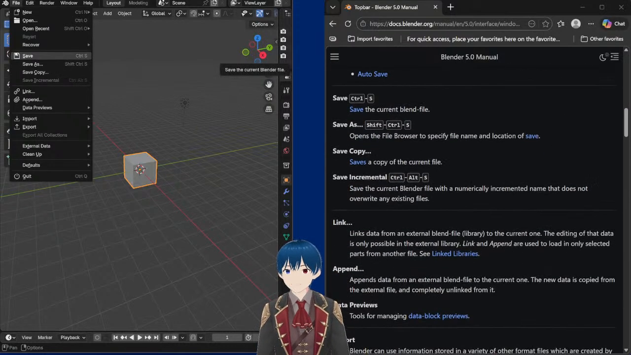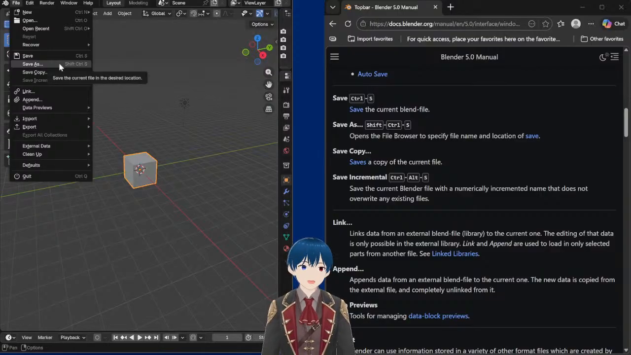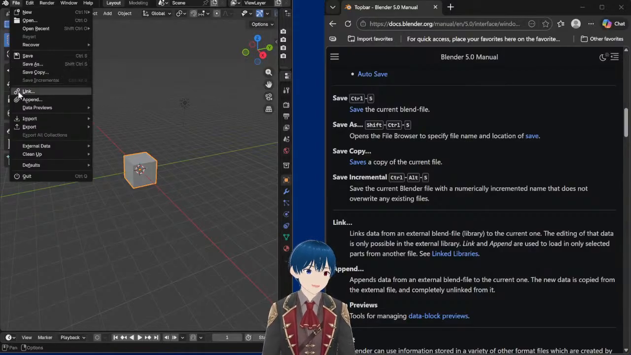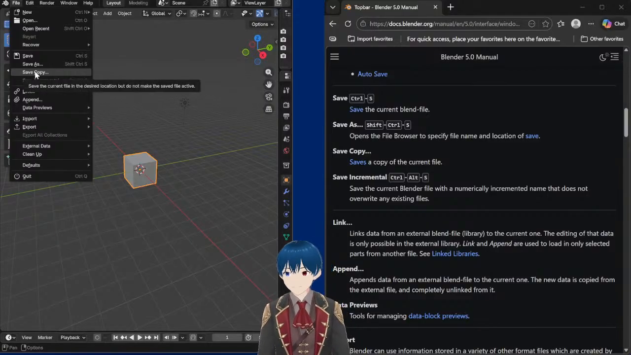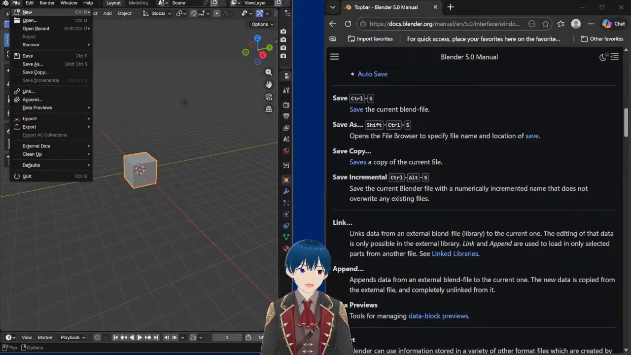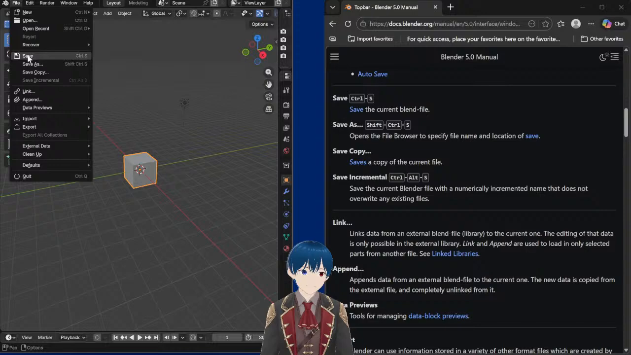Okay, let's continue. We have save, which is self-explanatory, save as, which then you can actually rename it. And if you keep doing save as over and over again and keep changing the name, you'll have multiple copies. And we have save copy, which would be a duplicate of itself. So for this one, since it's unsaved, if I saved it,